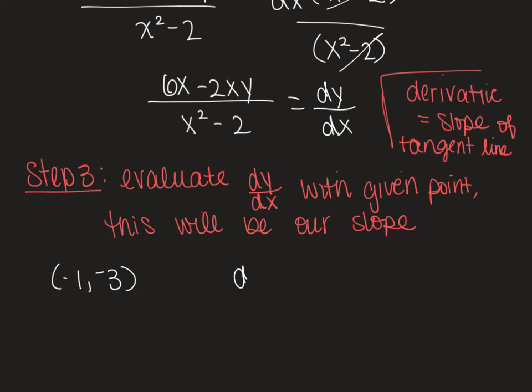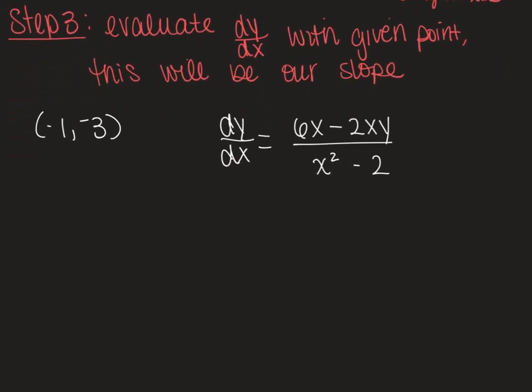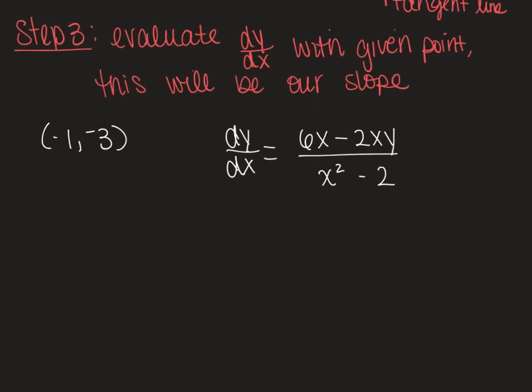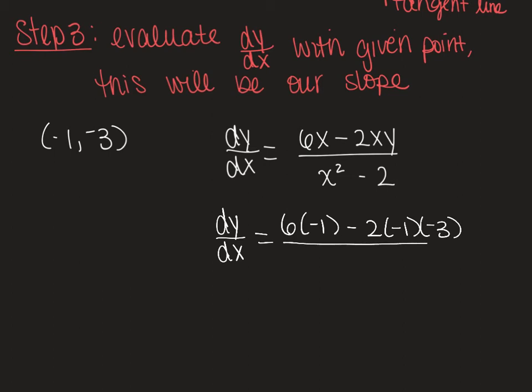Our dy dx was, it's still on the screen, 6x minus 2xy over x squared minus 2. And we're going to plug in these values. So dy dx equals 6 times -1 minus 2 times -1 times -3 all over -1